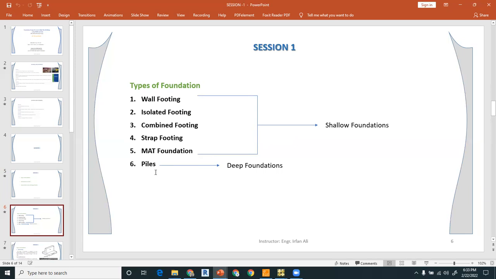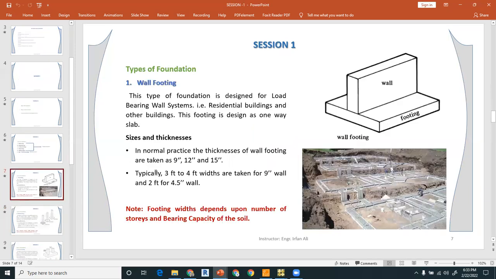So let us move towards the types of foundation one by one. This is the first one, that is the wall footing, which is normally